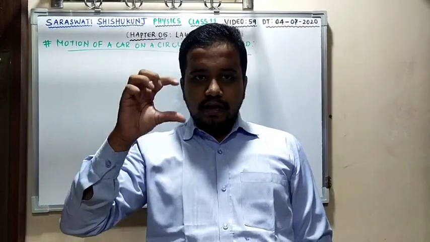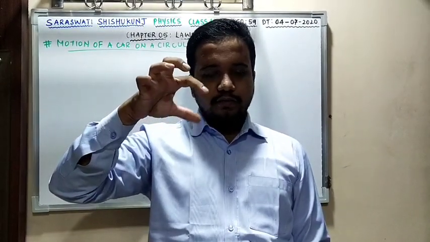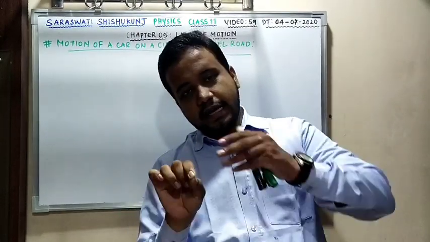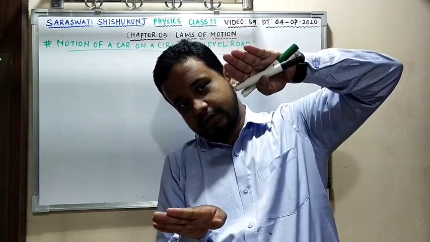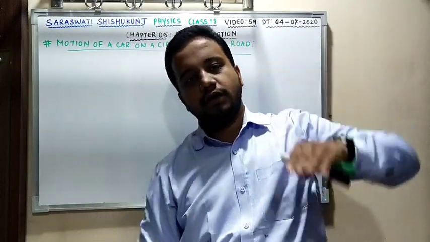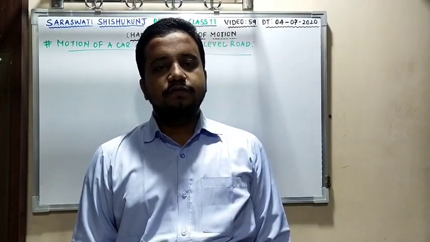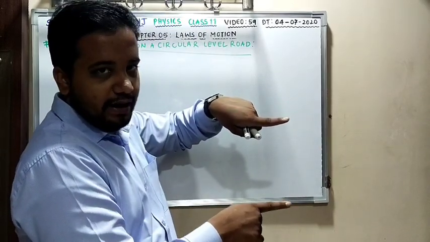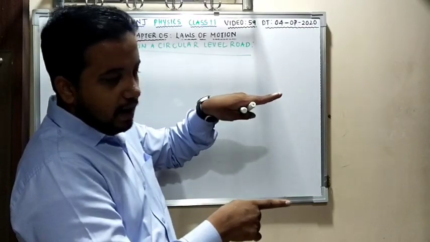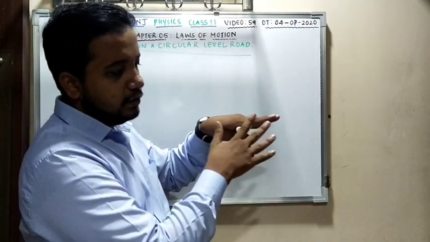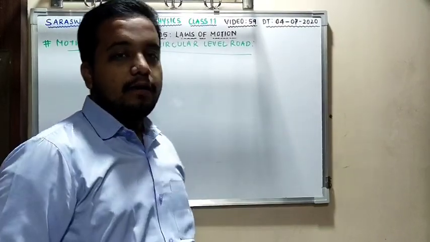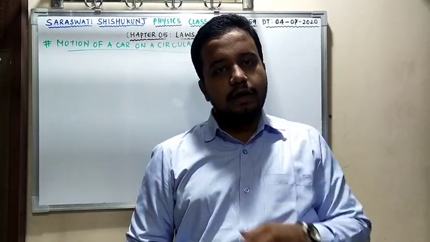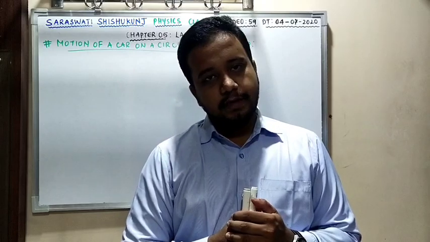The two edges of the road, the inner and outer edge: one edge will touch the ground and the second is inclined at some height like this. This type of road is known as a banked curved road. Suppose one edge is touching the flat road and another edge is raised at some height, then this type of road is known as a banked curved road, with a slope. Clear? Flat, level road. Till this clear?